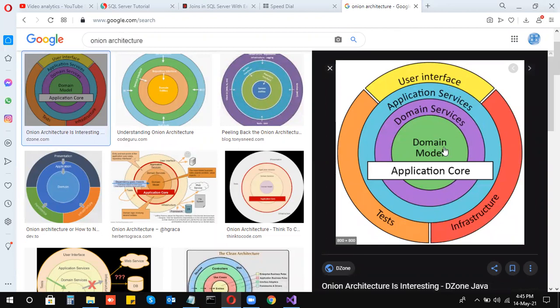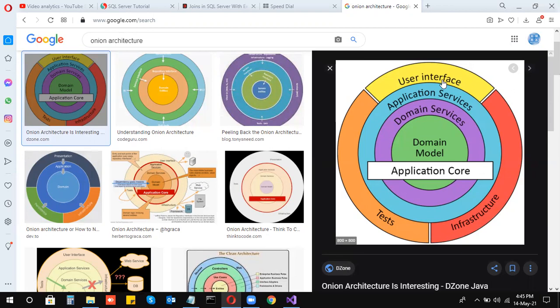So in the domain layer, we have to give the model name, DTO, and whatever is related to the classes. In the domain services and application services, we will provide the connection string and repository, as well as the business logic. And in the outer layer, the user interface, we will provide the controller as well as the UI part.